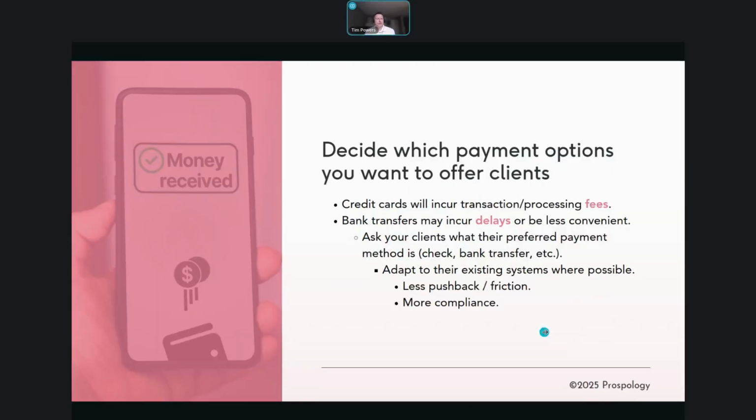And then, yeah, just getting back to the types of payment options you want to offer for your clients. Generally, all types of payment options will incur some sort of transaction or processing fees. Generally, credit cards will, bank transfers may also incur some sort of fees. But again, just working with your client, understanding what their preferred payment method will be. Do they want to send you a check, or do they prefer an electronic transfer? And do your best to accept or adapt to those systems whenever possible. Just make life easier for the client when it comes to making payments, and you'll get the money